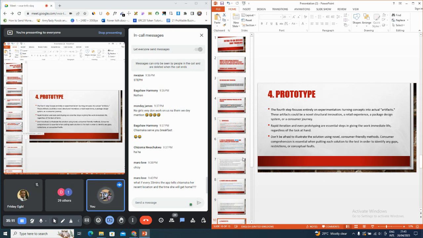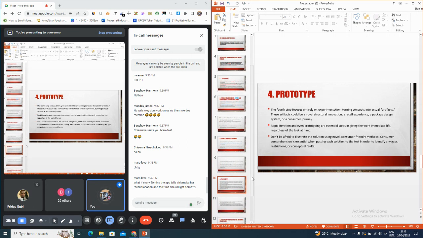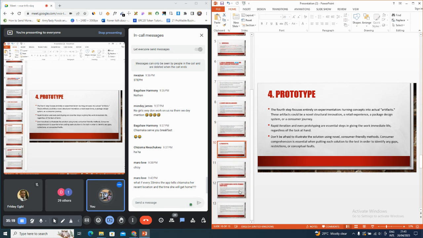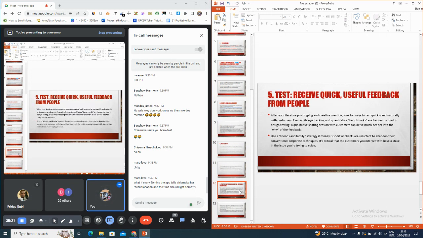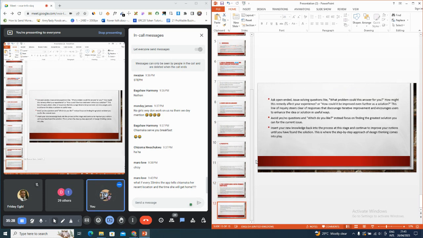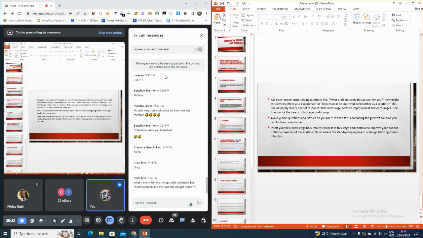And then after everything, we come to the prototype stage. There we start designing the products, etc. And then after that, we test. Chiamaka, Stephanie, going to test the product. If it's cool, it's cool. If it's not cool, it's not. Those are the five design thinking processes, and that is how I want you to explain when you are given